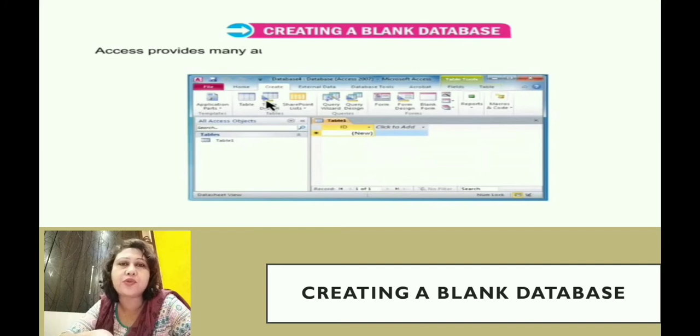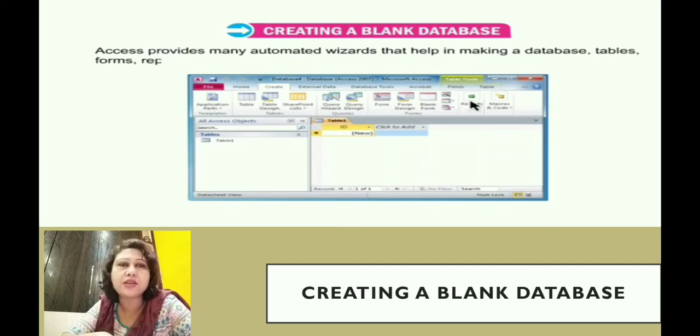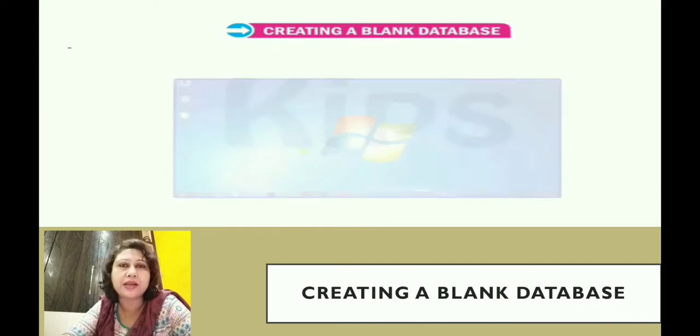Access also provides many automated wizards through which we can make a database, tables, forms and reports. One by one we will cover these as we follow up the classes.